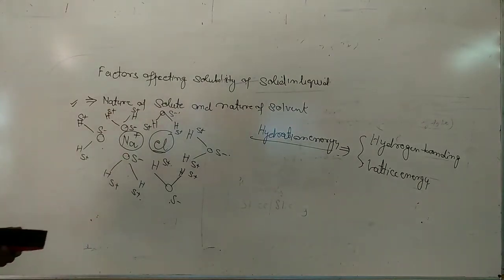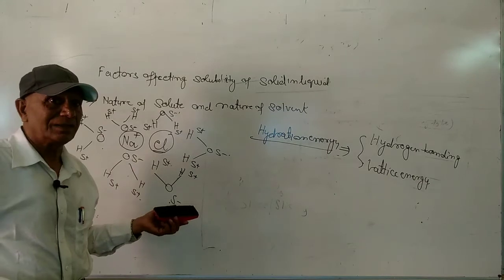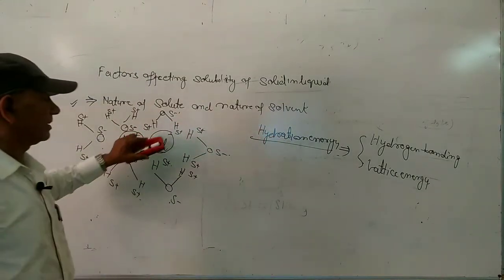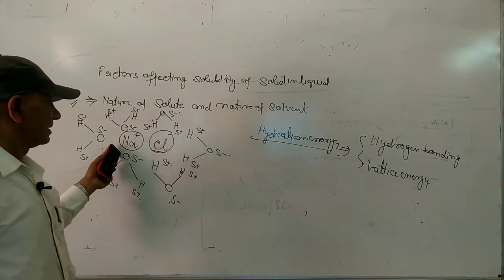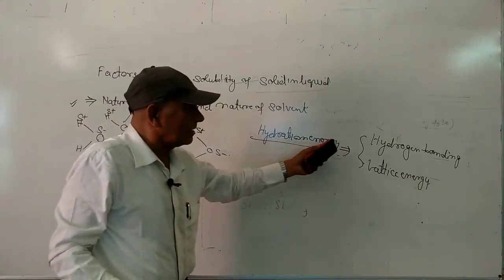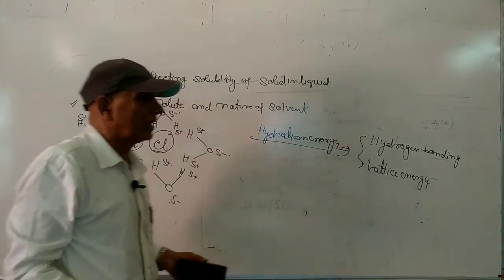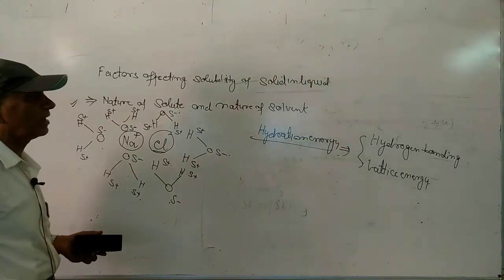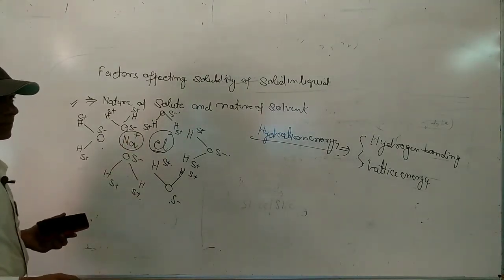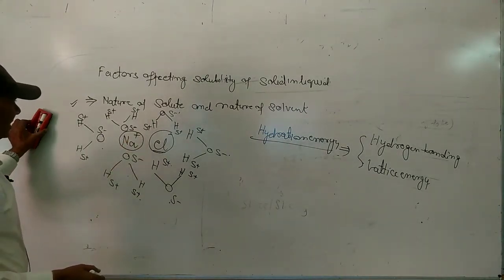So only those ionic compounds are soluble in water in which the hydration energy, which evolves due to the hydration of the ionic compounds, dominates over the hydrogen bonding of water, breaks the hydrogen bonding of water, and overcomes the lattice energy of the ionic compounds. Do you know what the lattice energy is?